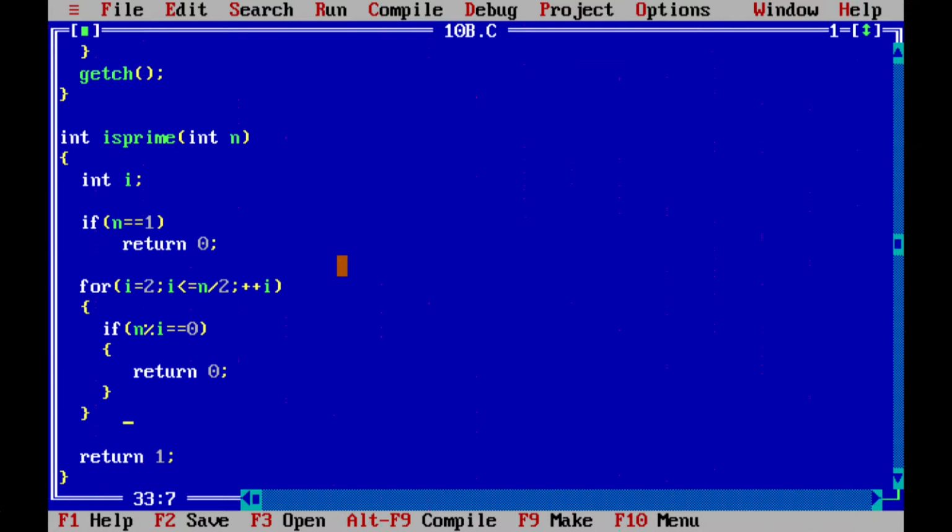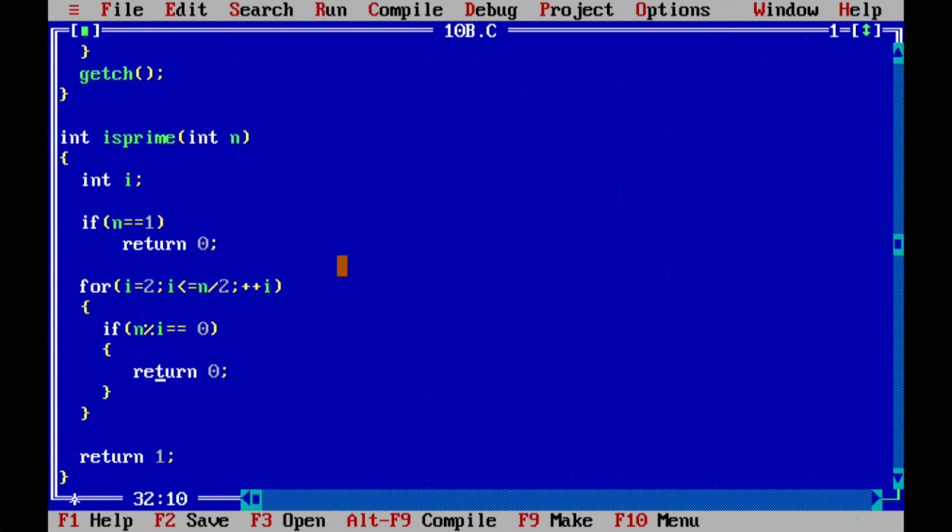And for I equal to 2 to n by 2, I plus plus, what ideally we should do is check n modulo I. If n is divisible by I, which is n modulo I equal to 0, we should return 0.